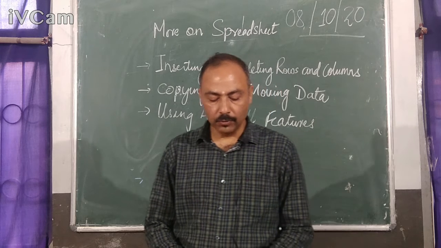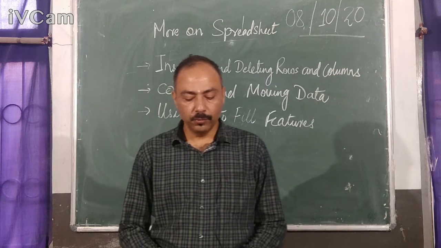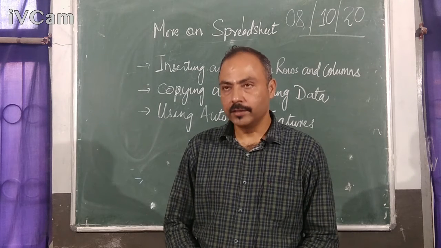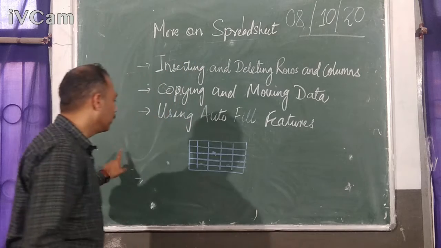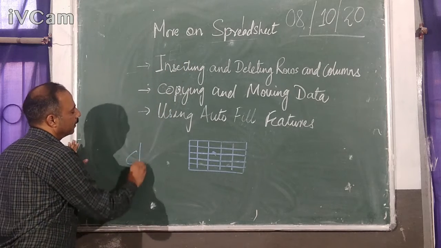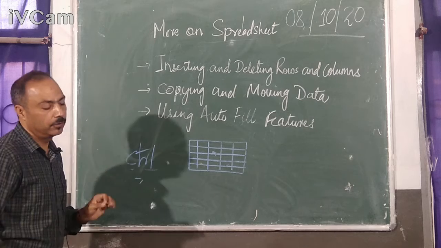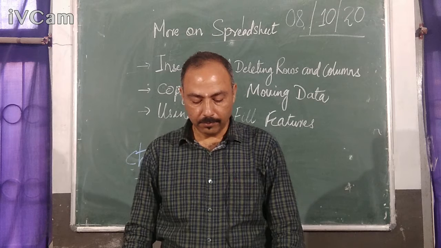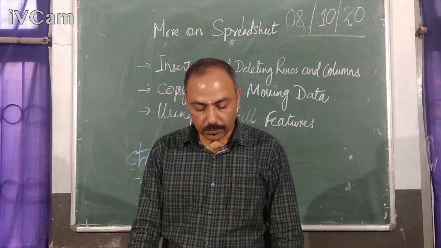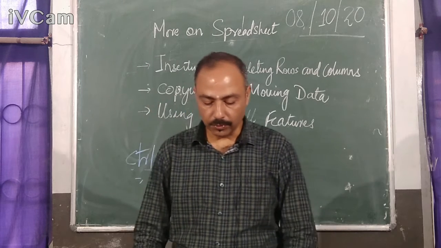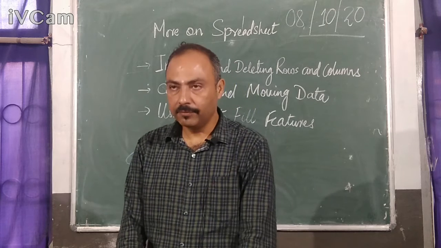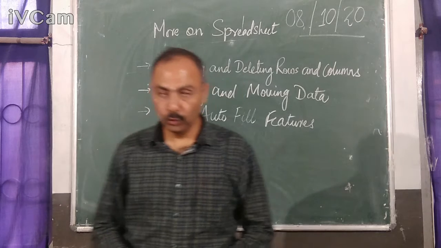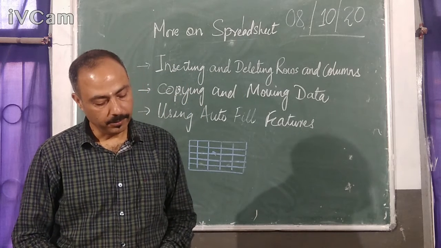To insert multiple rows, select the rows above which you want to insert new rows using the Control key. So in order to insert multiple rows, you have to select the cells by pressing the Control key. You need to hold the Control key and the left mouse button to select those where you want to insert the rows. So the left mouse button and Control key are used to insert multiple rows.